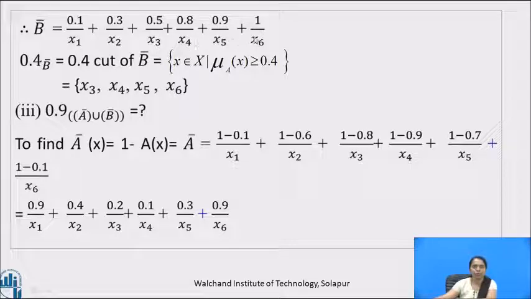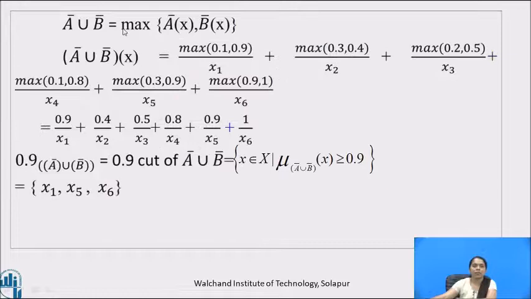x4, x5 and x6. Now, let us calculate 0.9 cutoff A bar union B bar. To find this, we have to calculate A bar of X, which is 1 minus A of X. So, we will subtract each membership grade from 1 and hence we will get A bar set as 0.9 by X1 plus 0.4 by X2 plus 0.2 by X3 plus 0.1 by X4 plus 0.3 by X5 plus 0.9 by X6. A bar union B bar is equal to now maximum of A bar of X comma B bar of